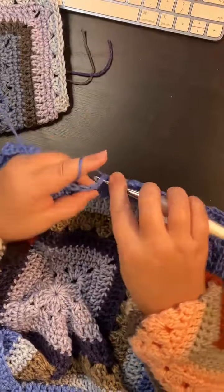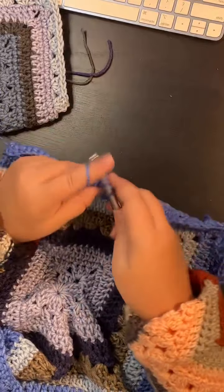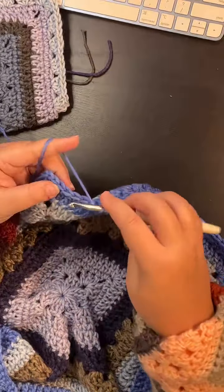I wasn't really expecting it to take me an hour to bring both of my hexagons up to the same size. I was supposed to be making a smaller jacket, but